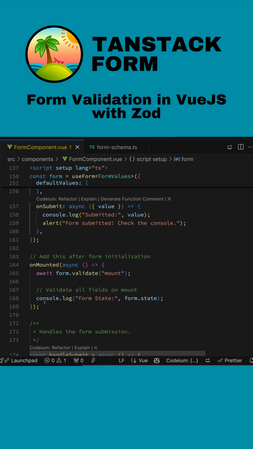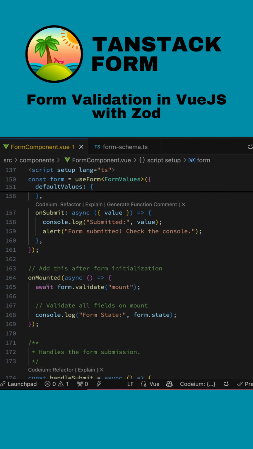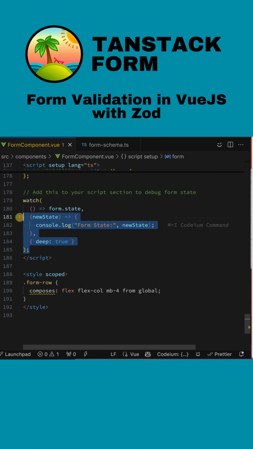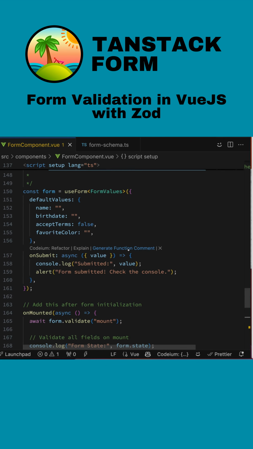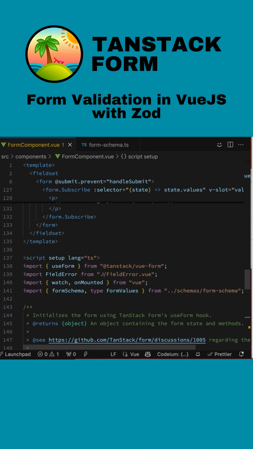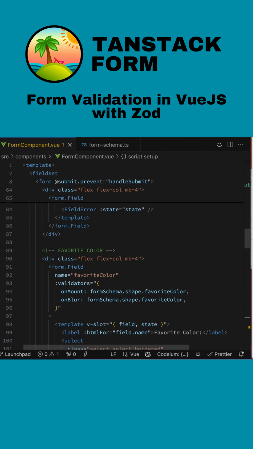Had to make some changes to get my submit button to be disabled on start. And so what you're doing here is on mount, you're validating the form. This was just some extra code that I put in to console log some things out. But the basic gist is set up Zod, call use form, and then the last part, we'll just use this